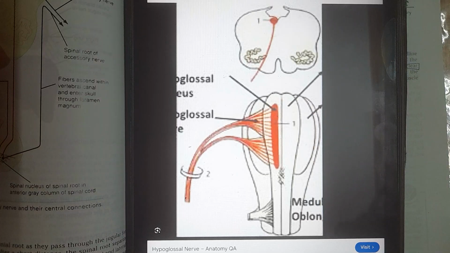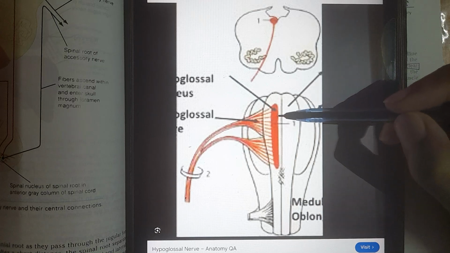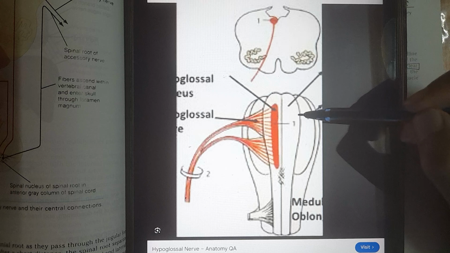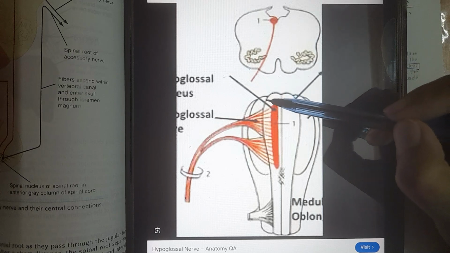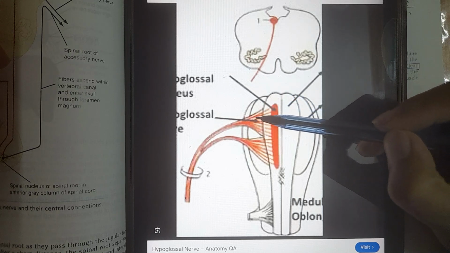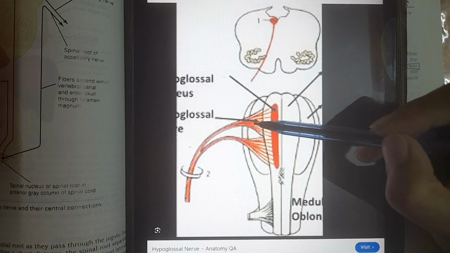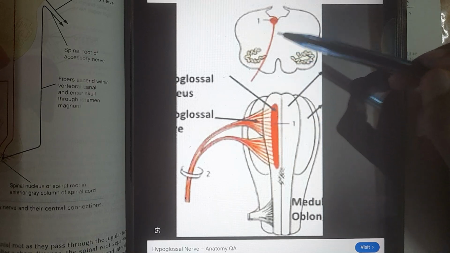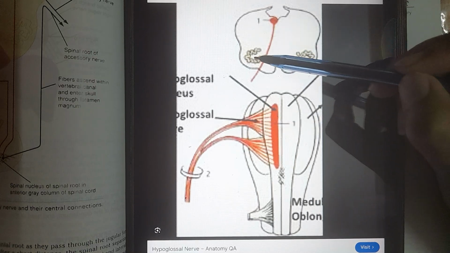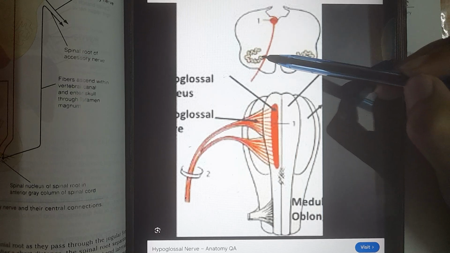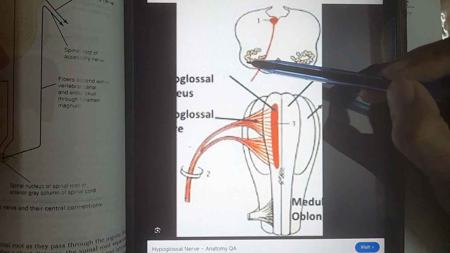If you look clearly at this diagram, this is the level of the midbrain, and the midbrain has two pyramids on the anterior side, two olives posterolaterally. If there is a groove between the pyramids and the olives, the hypoglossal nerve comes out of that groove. Here, these are the pyramids, these are the olives, and they have the olivary nuclei. So the hypoglossal nerve is coming out between the pyramid and the olive.